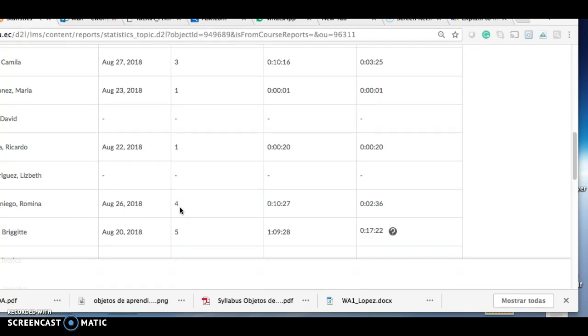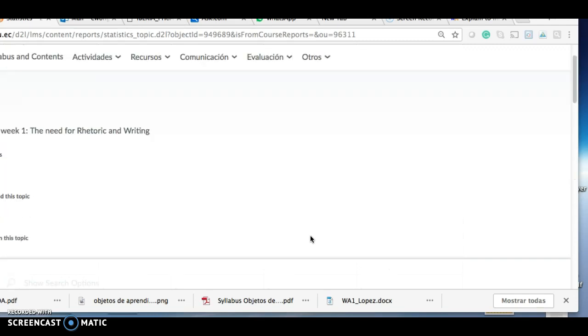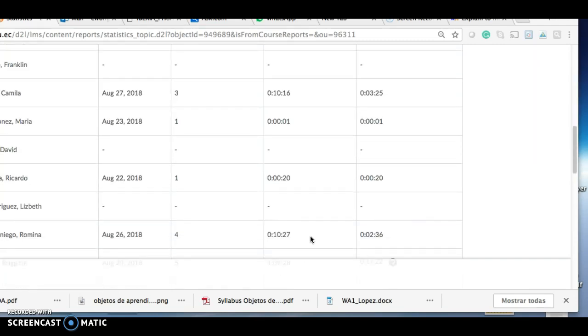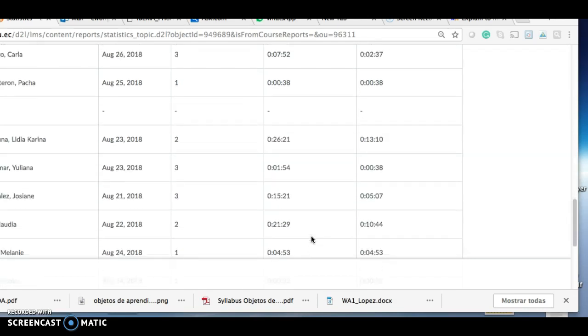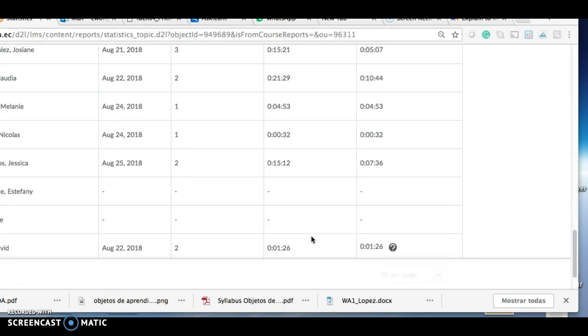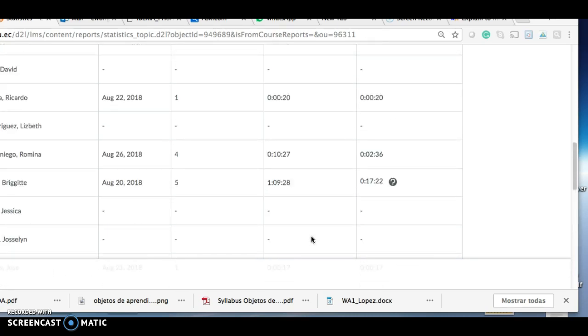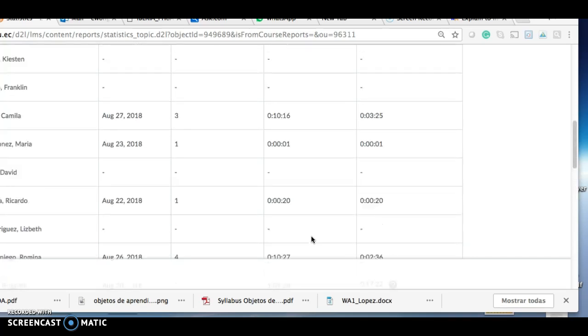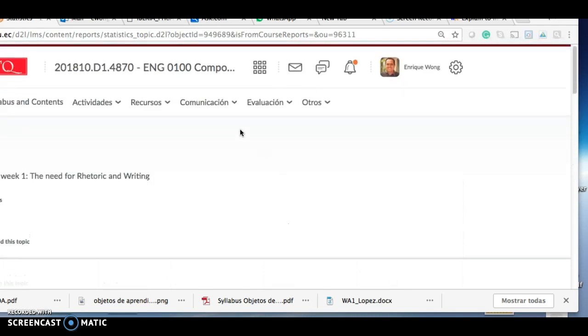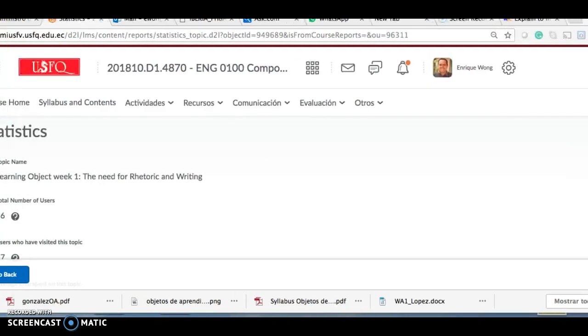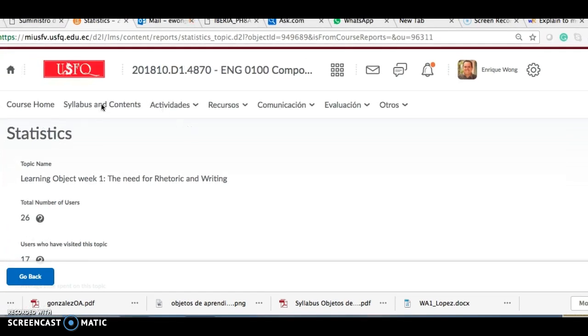This student over here, for example, has visited the page 5 times and has spent an hour reading the information. So there are students that haven't even read the information. So this is important for you to know that I have access to this information. At the end, when I evaluate performance, when I see the effort that you have been making, I just come back to the reports tool, and I know who has been working. So it's important that you know that I'm using this tool, and I think it's only fair that I mention this right from the outset.